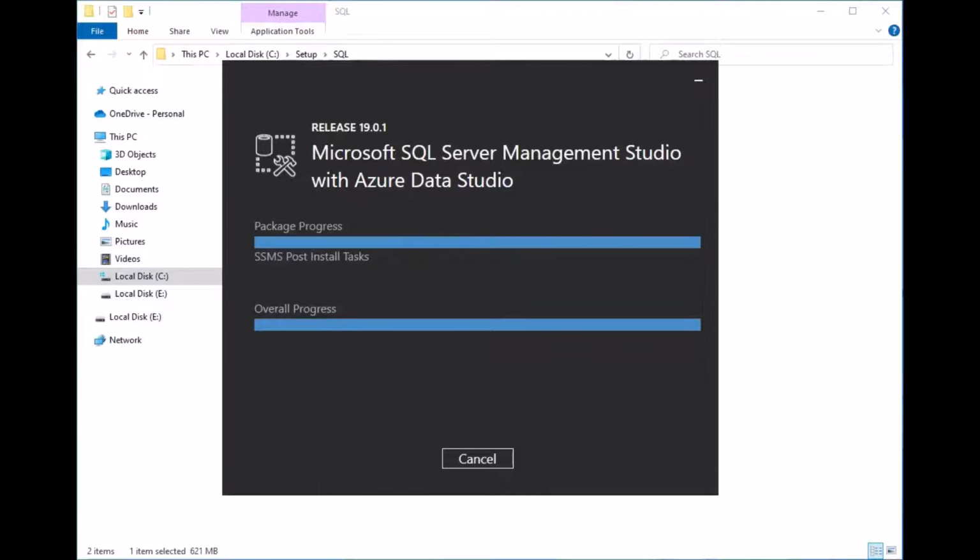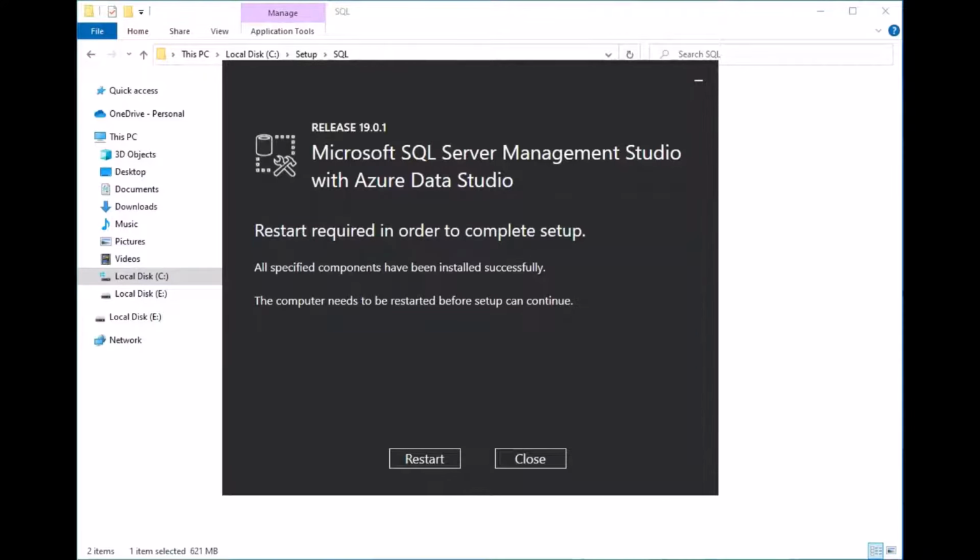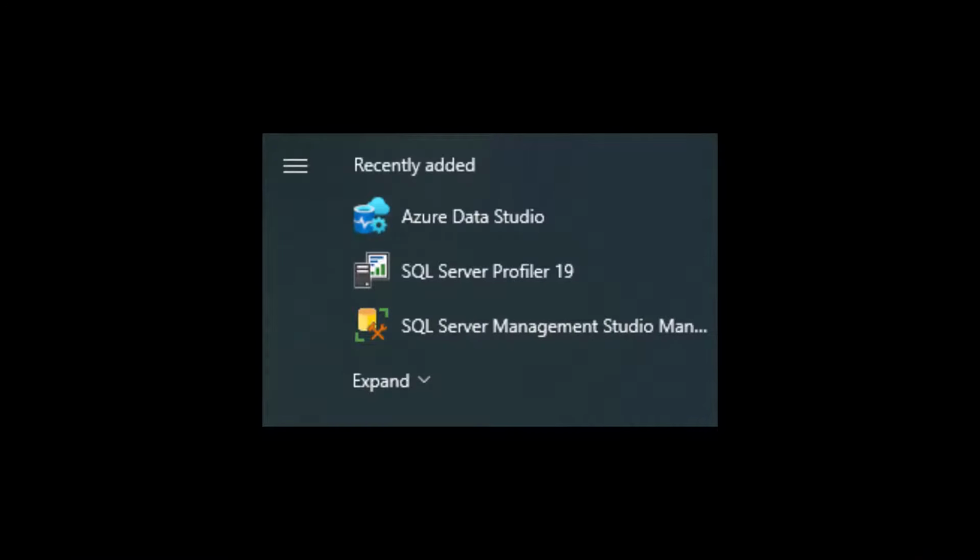And so when it's done, you'll see that the overall progress is complete there. And then you'll get another screen here that says you need a restart. So I would go ahead and do a restart. That'll actually be good anyway, since you just installed the server as well. And when you reboot, then you're going to have both of these great tools ready to rock and roll on